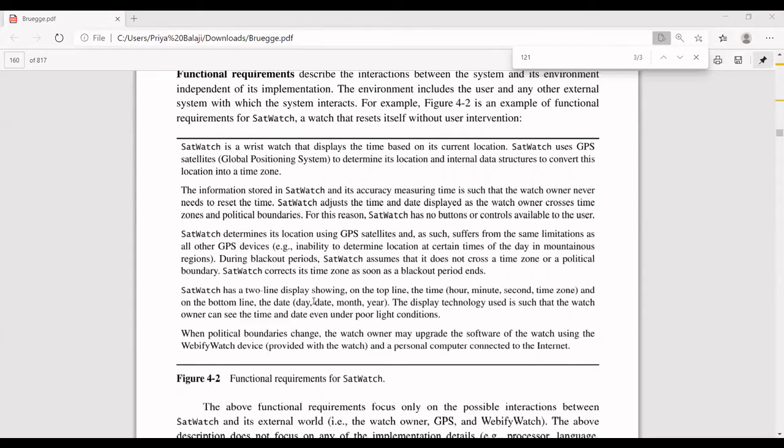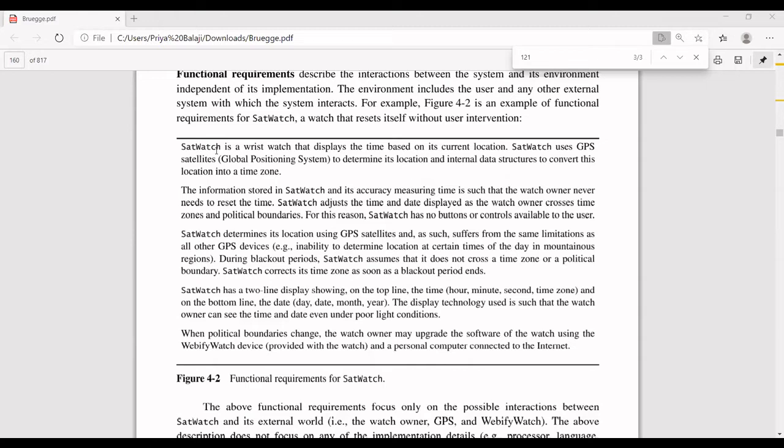If I press twice, it will go for blinking the hours. Then again, if I press the button, it will go for blinking the minutes. Yes, ma'am. But this watch is not the same watch. Here, there are no buttons and all. This watch works according to the GPS, that is, satellite. It is a satellite watch. According to the current location, it automatically changes the time.